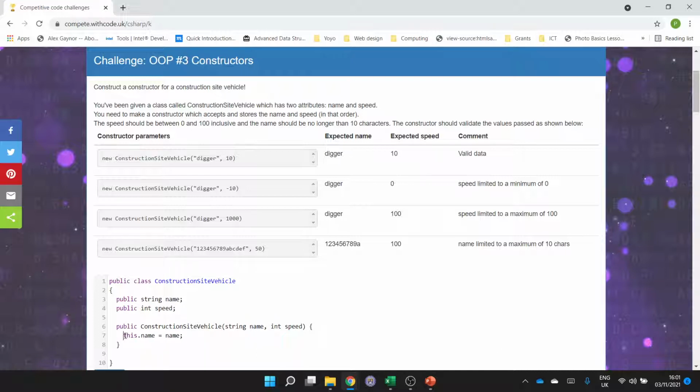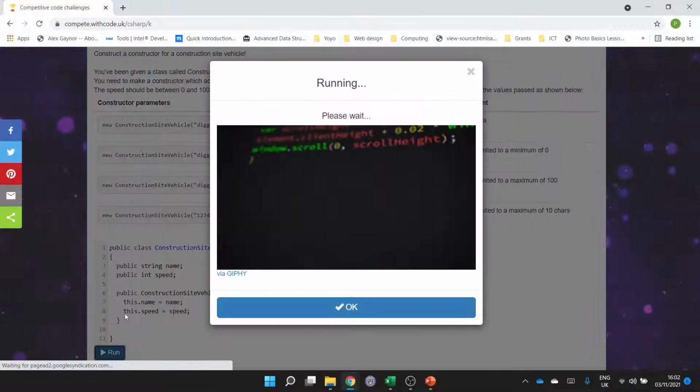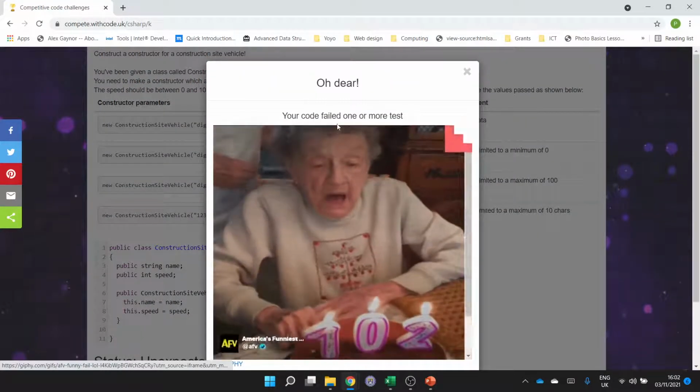So this means the current instance of the class, as in whichever construction site vehicle we're currently using, or in the case of a constructor, whichever instance of the class we're currently creating, we'll set that value and we'll set it to the parameter that we're passing in. So we want to do the same here. this.speed equals speed. And that's partly it, but there's a little bit of validation that we need to do too,